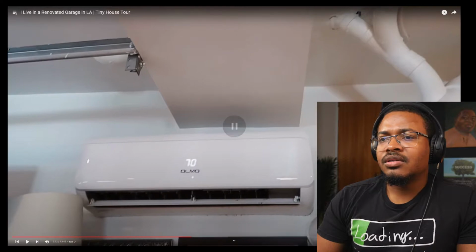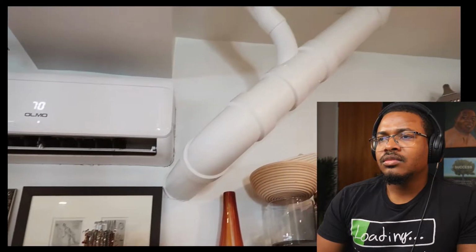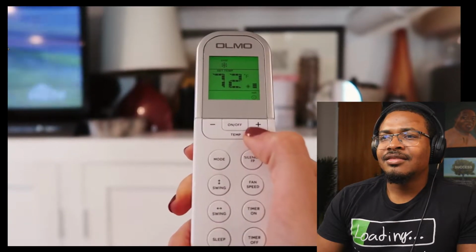That's so weird. We have this air conditioning unit which heats and cools the house really, really quickly because it's a small space, so it takes no time for it to be the temperature that you want. What I really think is cool is that it's remote controlled, so it's like a very modern looking machine and